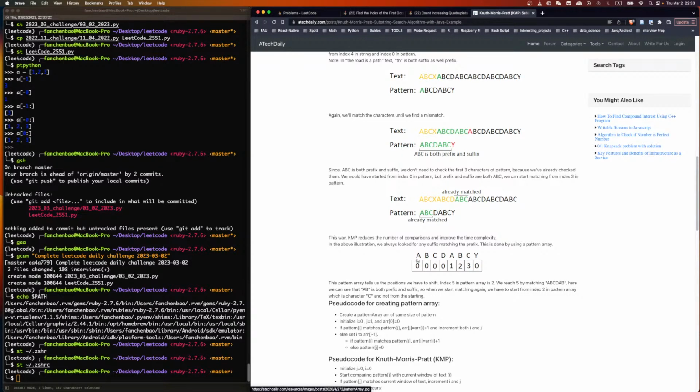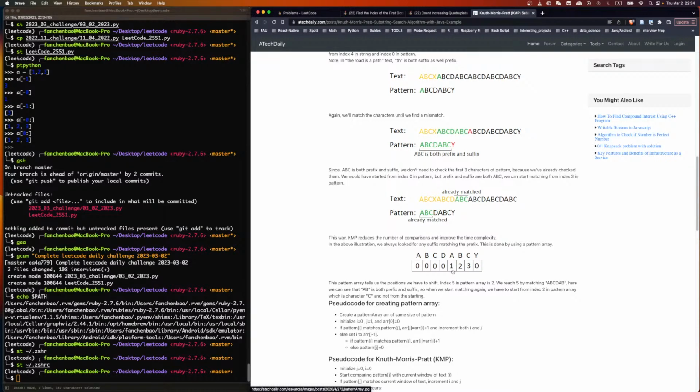Yeah, KMP, we need to build a pattern on the substring. I forgot the pattern. What does the pattern do? The pattern is the position that we have to shift. Okay, what's the pattern again? I think the pattern is the number of